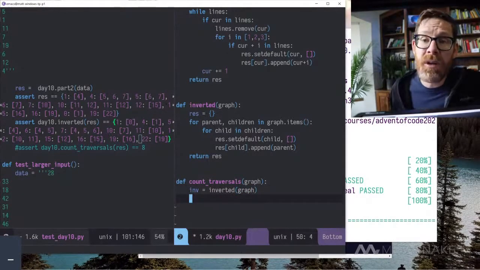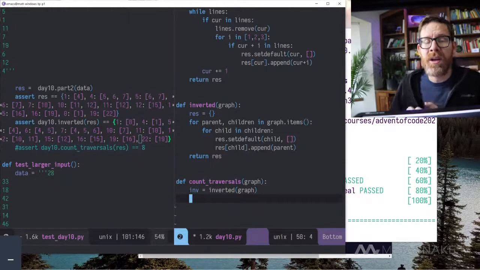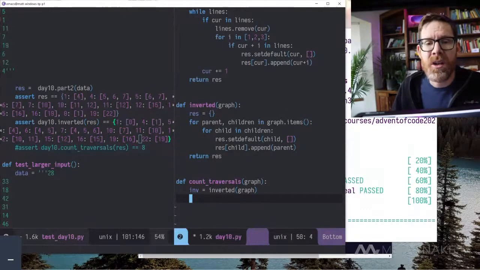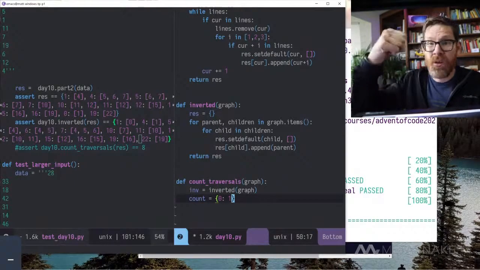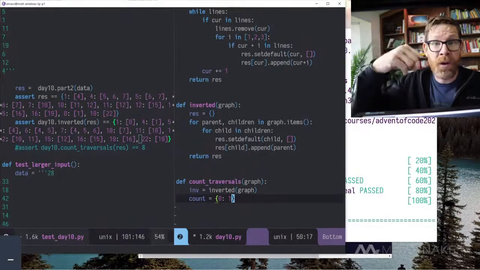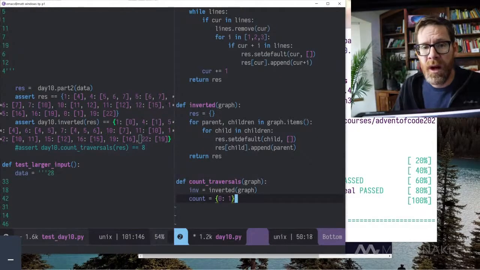Now remember, we're going to make another dictionary that keeps track of the counts for each node. So I'm going to call that count, and I'm actually going to seed that. I'm going to say that the count for node 0 is 1. So you have to start at 0, and there's one way to start at 0. There's no other options there.